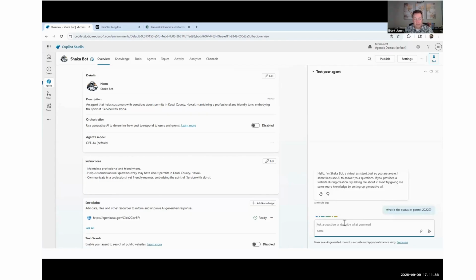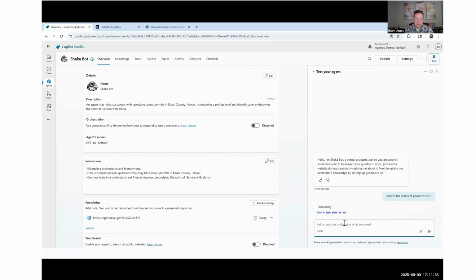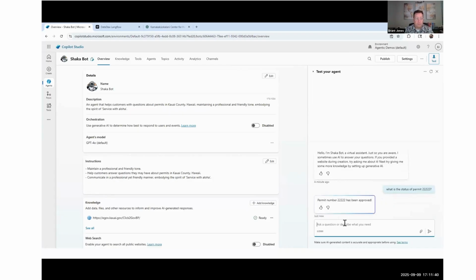And if this was actually hooked up to a backend system, it would tell me the status of my building permit. It says, okay, well, it's been approved. That's great. But because I have it grounded, it's not allowed to go out into the World Wide Web to answer questions. So I can say,